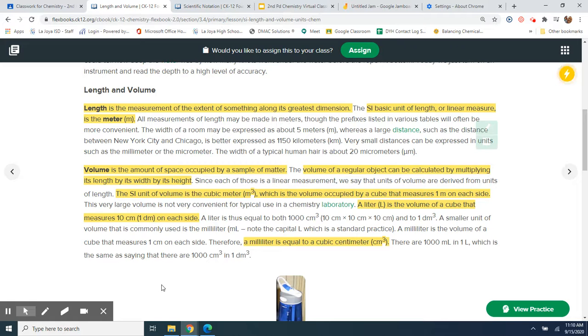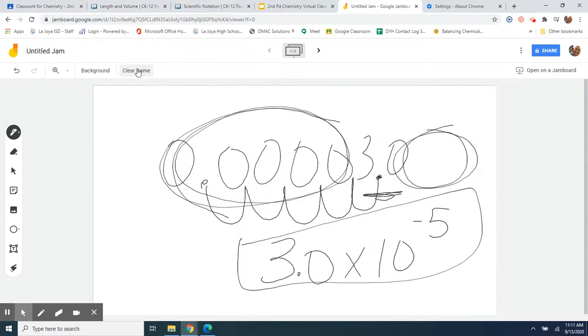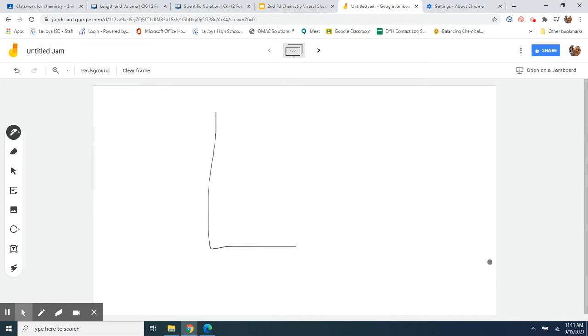Two important units that we use, or two different variables that we need in chemistry: length and volume. First off, you have to remember that length is talking about the greatest dimension. So let me go to Jamboard. Let me clear. If I have a box or a rectangle,